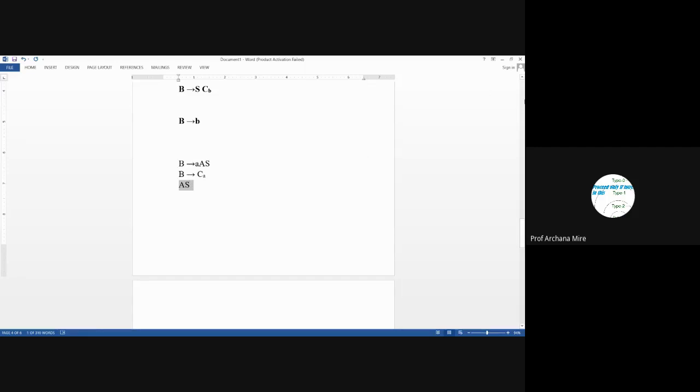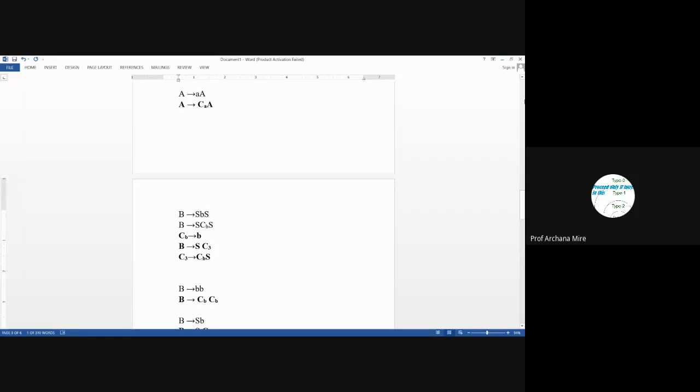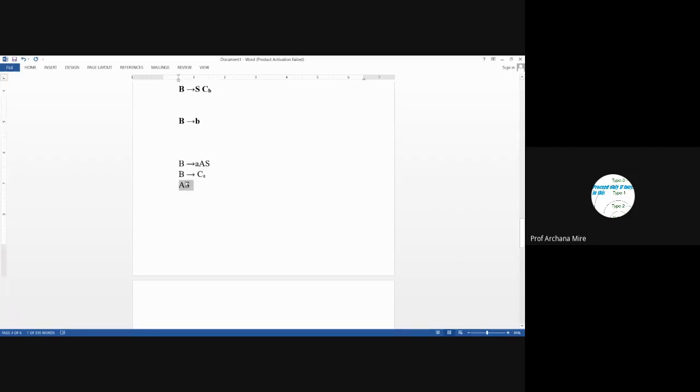Now let's check up to which subscript we have used C variables. So up to C3 we have used, and we would be requiring the variable C4 here. Now let's check whether we have replaced AS earlier with any other. C3 was CBS, then C2 was already leading to AS. So we can directly write here C2. We won't introduce one more non-terminal. We can directly write here C2 leads to AS.